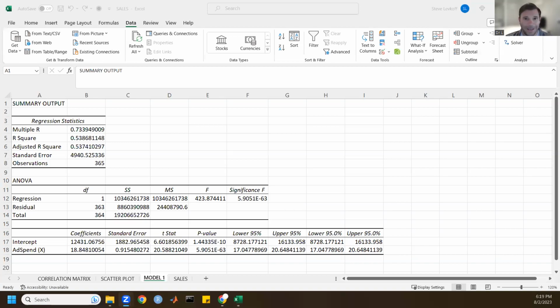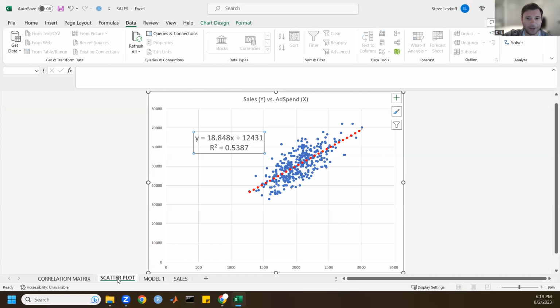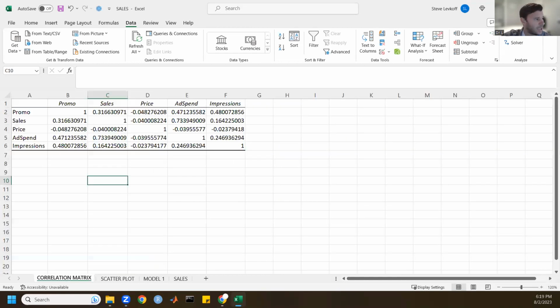All right, folks, we are back for another segment of some regression analysis using Excel. In the last segment, we built a bivariate regression model that was captured pretty vividly in the scatter plot diagram on the screen, where we modeled sales on the y-axis as a function of only the ad spend variable on the x. We started by building a correlation matrix and recognizing that with respect to our sales variable,